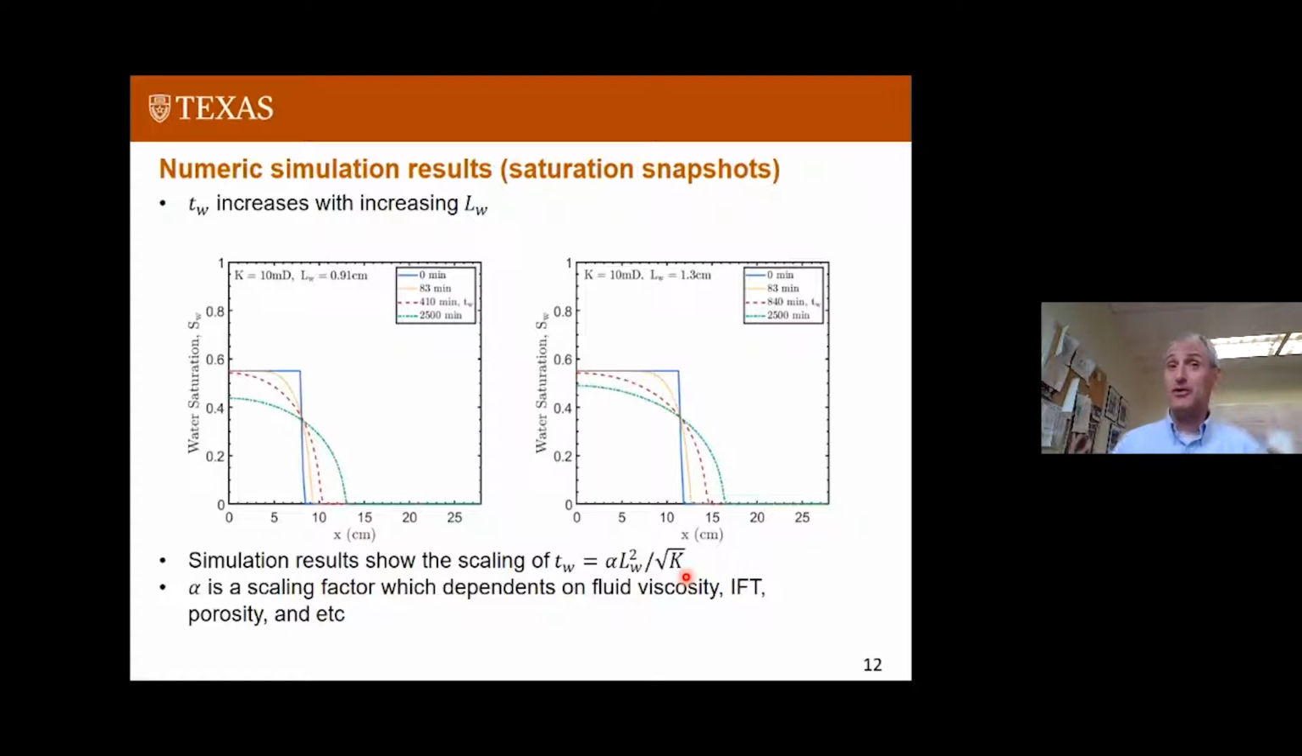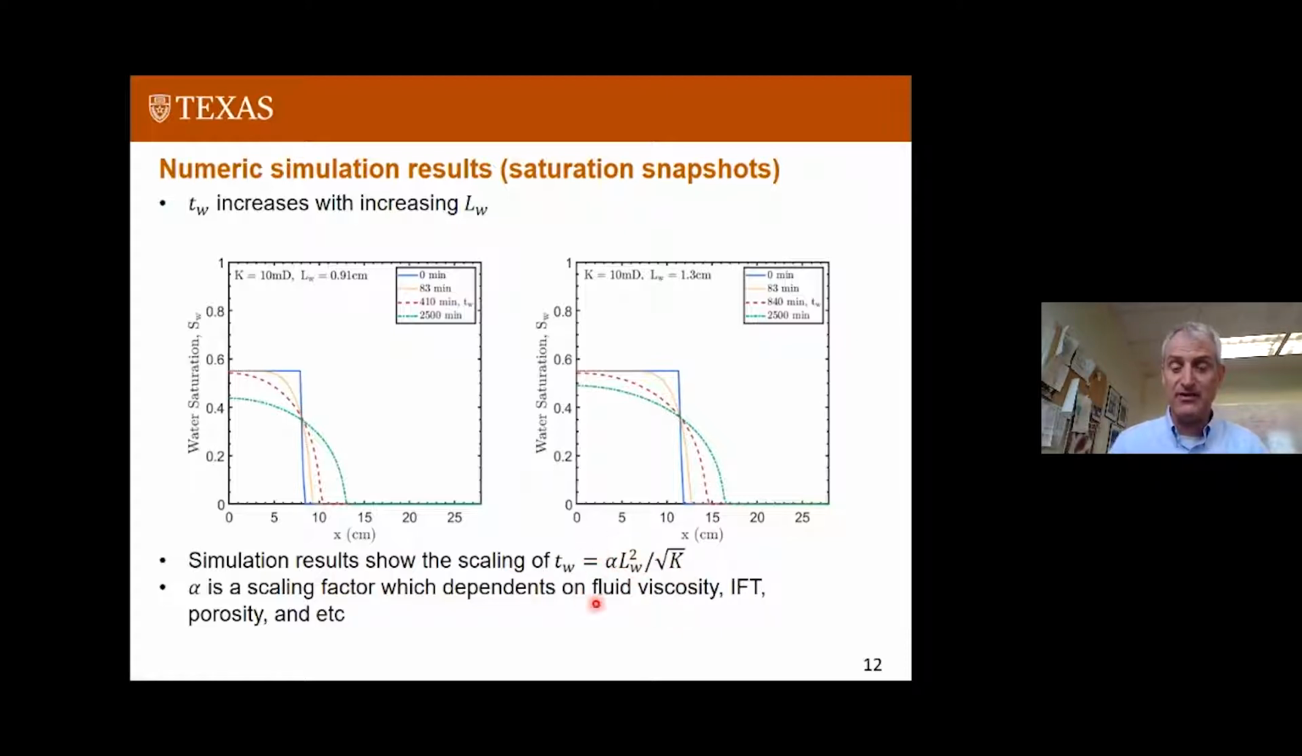The square root of the permeability, because the capillary forces are pulling it in. So if you go to lower permeability, you get greater capillary forces. But with lower permeability, it's going to take longer because it takes longer for the fluid to flow, and that ends up with a square root of permeability. So this predicts that the scaling time is going to go as L squared over square root of K